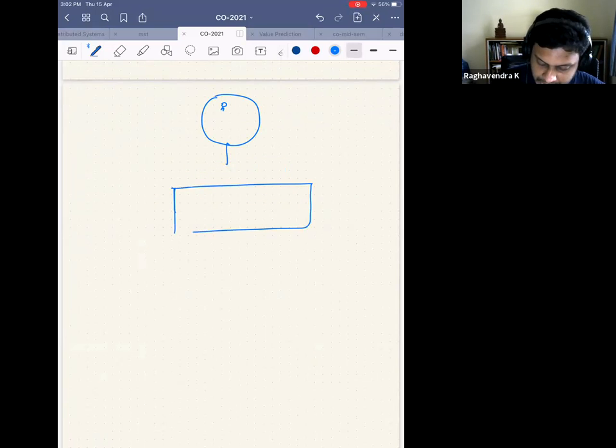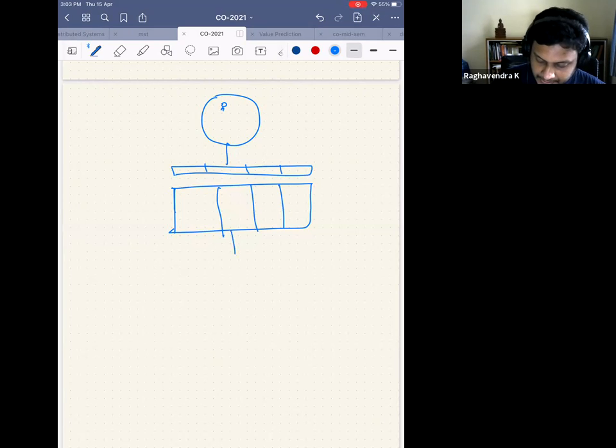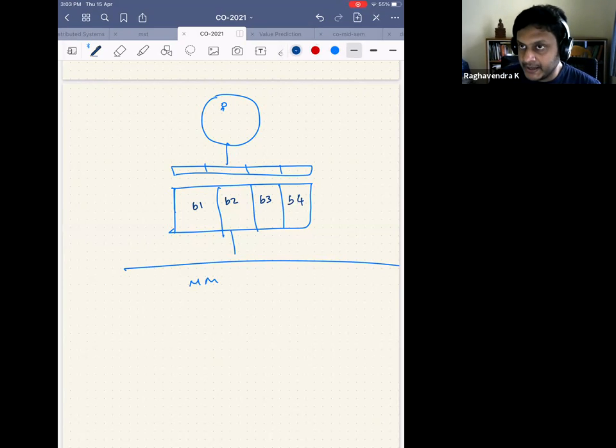There are four positions available in the cache, and there is this tag structure along with the cache, right? And then there is this main memory. Initially, maybe the cache has block one, block two, block three, and block four. So when a new block is requested by the CPU, I have brought this block. Now I have to keep this block in the cache.